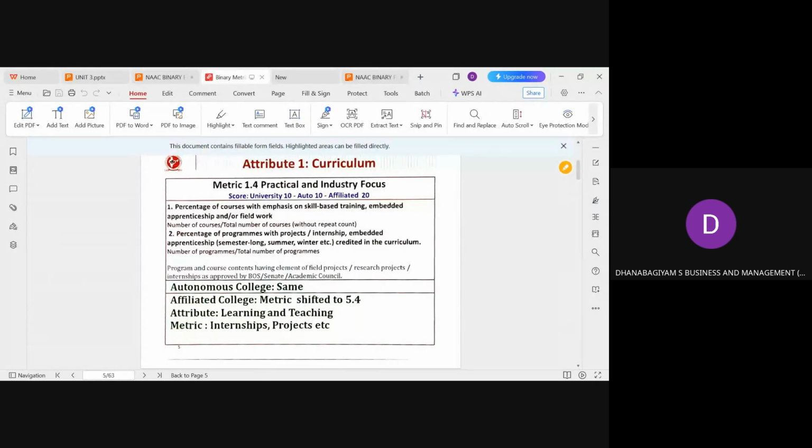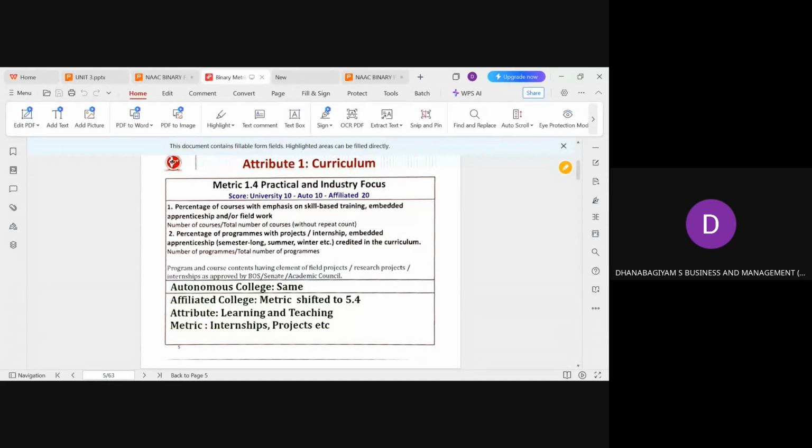Trying for an incubation center is quite difficult. Even though it is difficult, we can try at a major or minor level, either to have an IAC or an ED club or ED cell, something like that. We are training our students. They can design a beautiful project. They can even come out with a prototype. They can check the viability of the product. They can check the feasibility of the product. Likewise, we have to give more and more practical exposure to the students from our institution end itself.